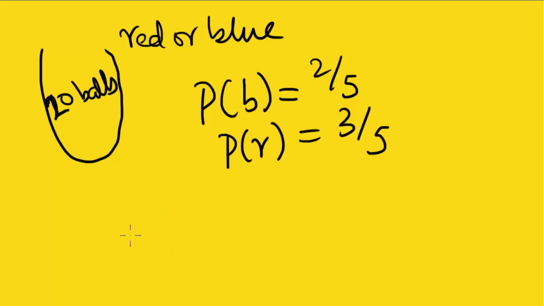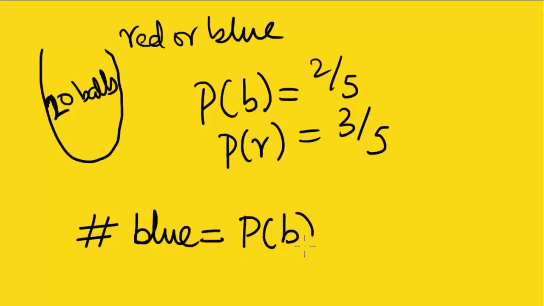And you have to find the number of blue balls. So this hash symbol I use to represent number. It's commonly used in maths. It's a simple way of just writing number. So the number of blue balls will be the probability of picking a blue ball times the total number of balls, which is 20. And that will give you 2/5 times 20,